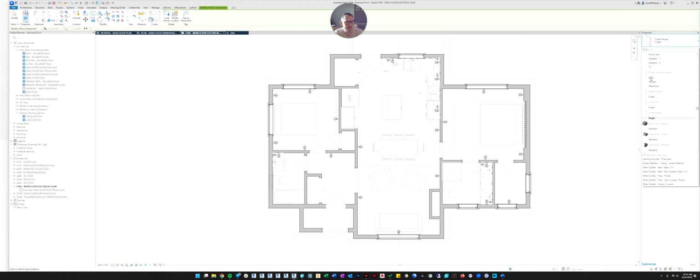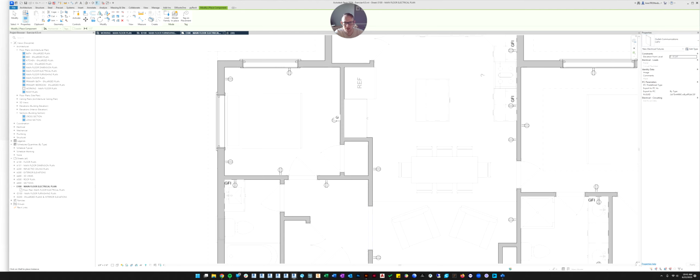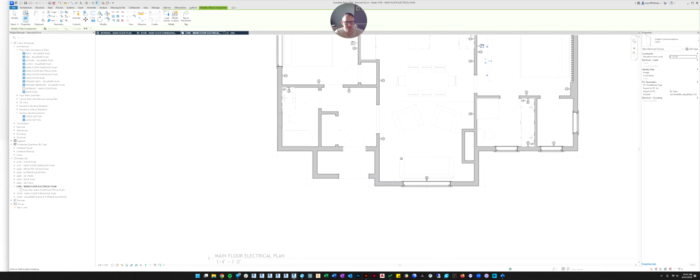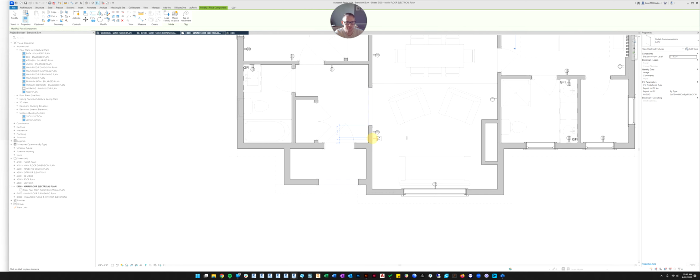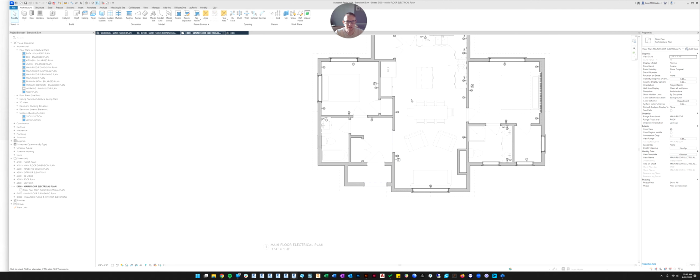So that would be data and TV, telephone and data, or just telephone. So I don't know who uses telephones anymore in their house, but you could wire the house for telephone. Let's just do TVs for now. Probably we want one in the bedrooms across from the beds, and then maybe we want one in here. So we'll put the TV there.